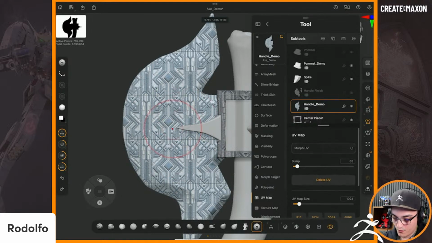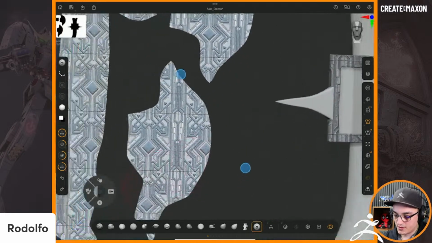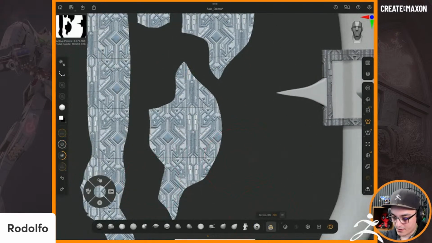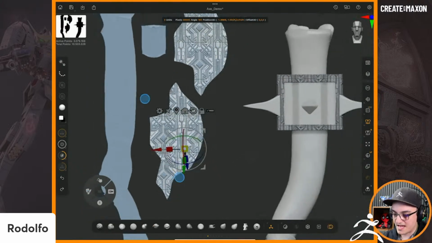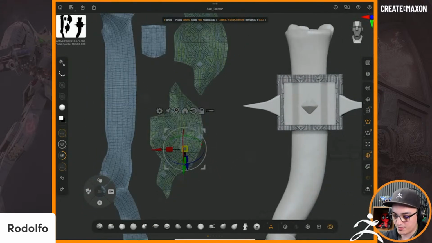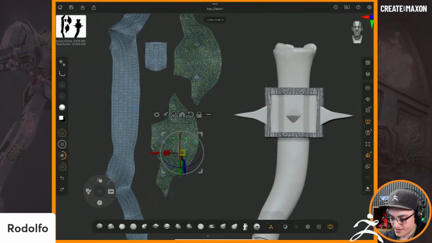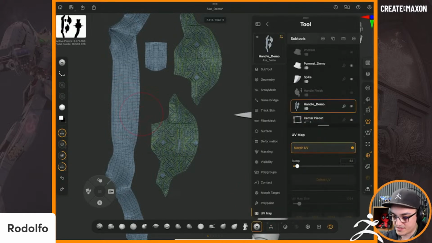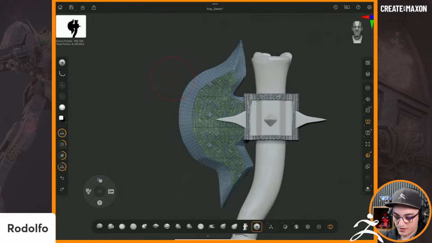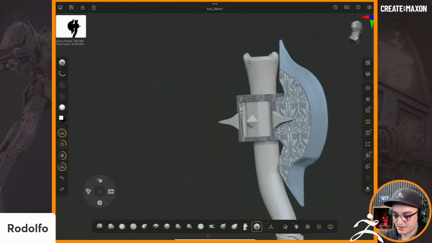So I can go morph UV. Let's say I just want this pattern on one side and I want it over here. So number one, I can go to my gizmo, press and hold control and tap that. And it's going to mask anything that has that poly group, that green poly group, right? And now this is immediately excluded. So now if I unmorph this, I know this noise is only going to affect that section of the blade,